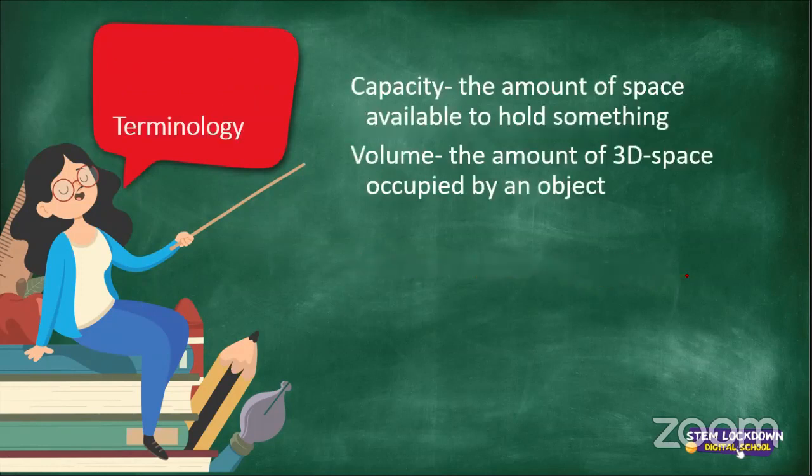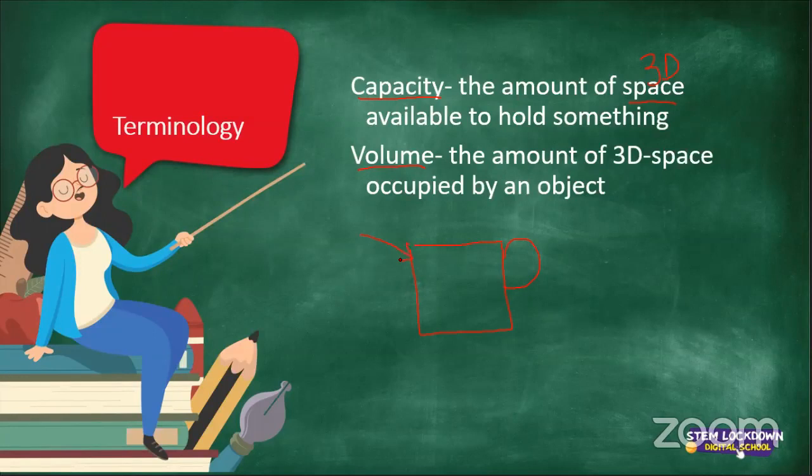You should know these two terminologies. They're very, very important for this section. First one is capacity. Learners have a tendency of confusing these two, capacity and volume. Capacity is the amount of space, you can also say the amount of 3D space available to hold something. So for example, if I have a cup, the space within the cup